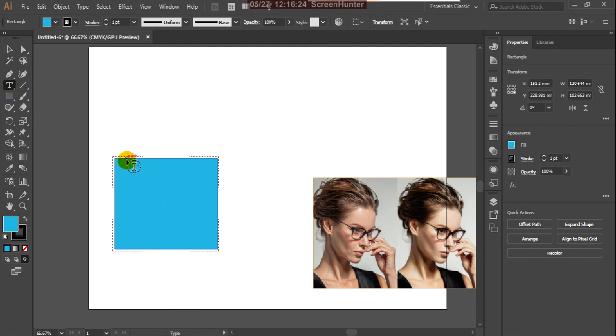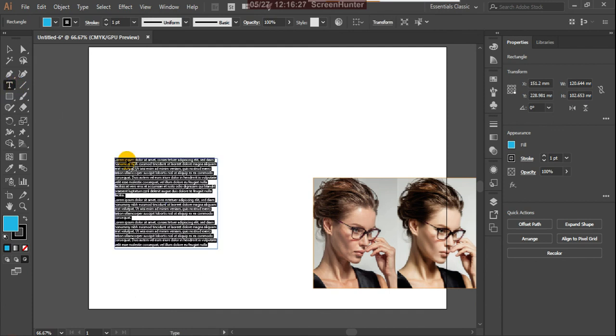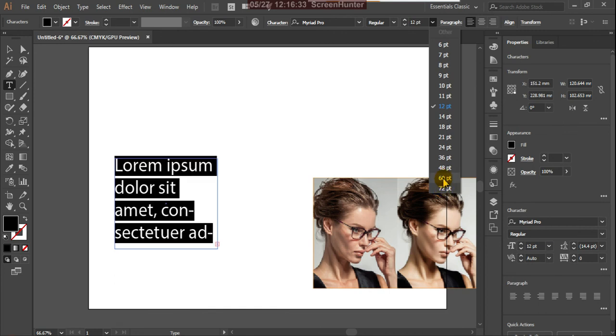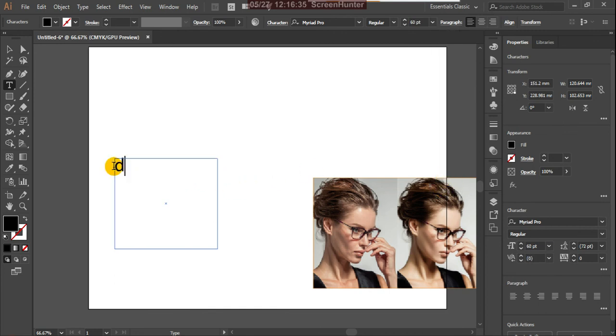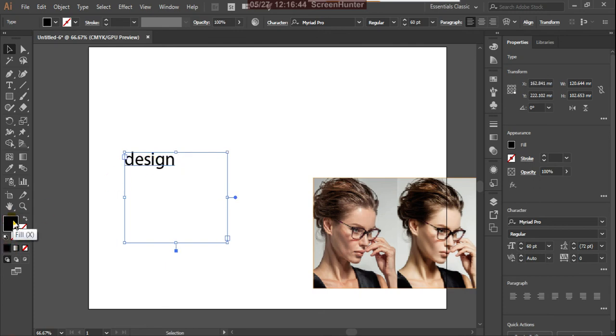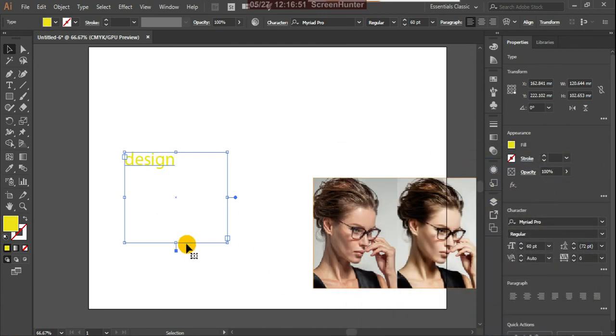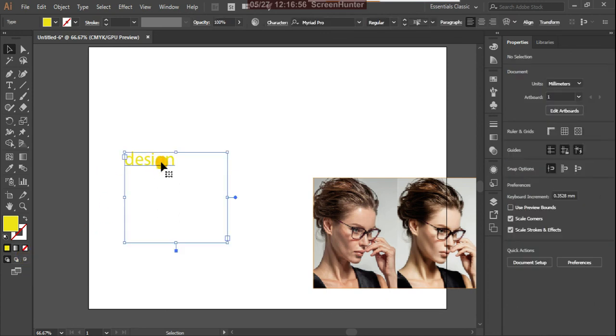So design, and you can change this color. Okay, so it is drawn inside that object.